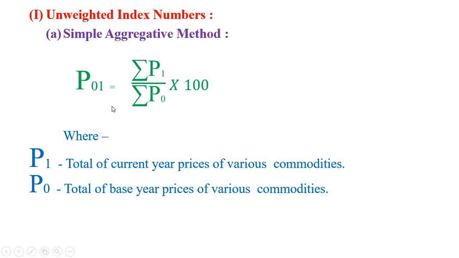Here, price is based on base year and current year values. P1 is the price for the current year. P0 is the price for the base year. Okay, this is what we need to remember. This is the notation which you are going